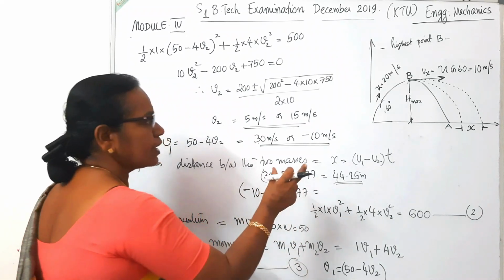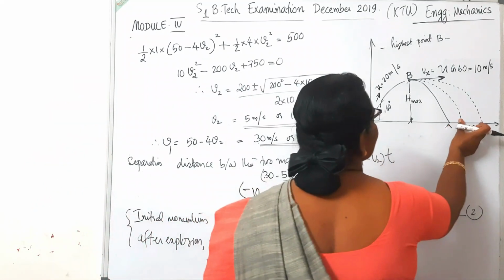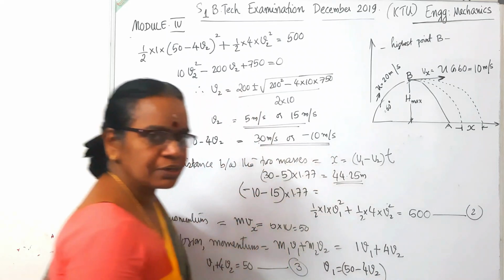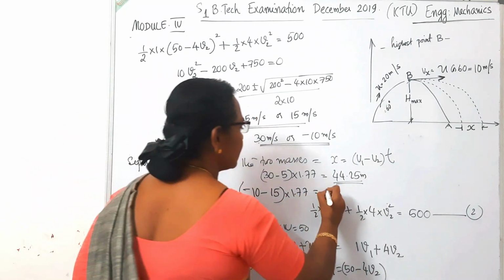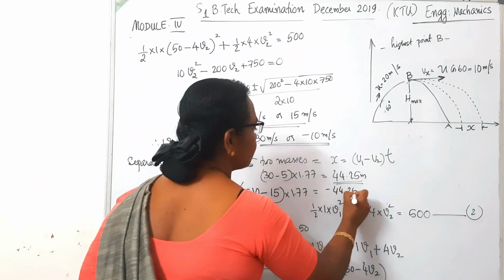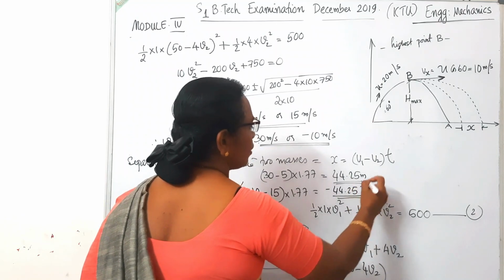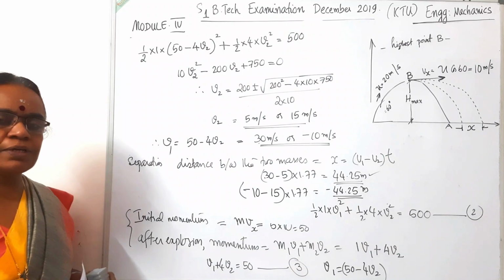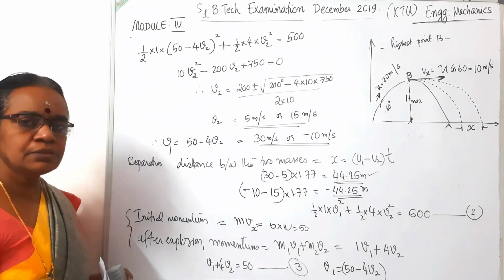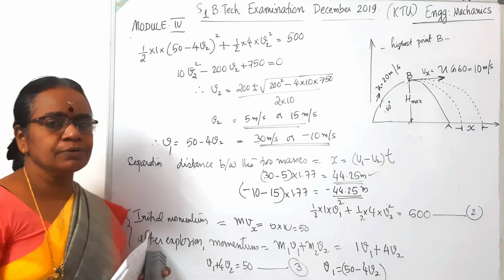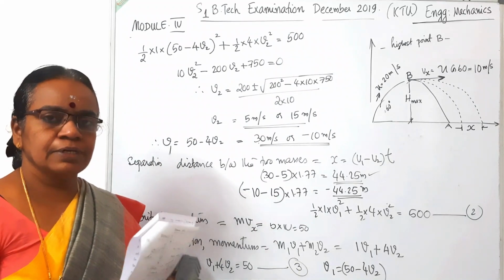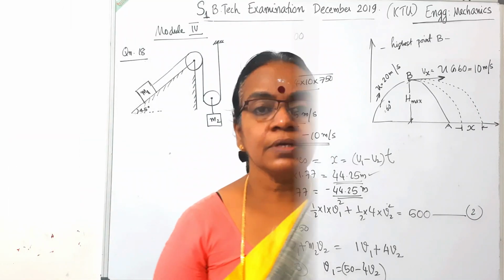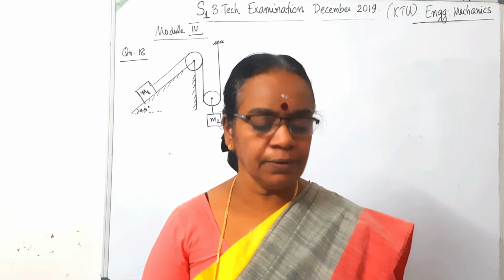Then also it is 25, either it is 25 on this side or it will be on this side 25. That's the meaning. So it will be getting minus 44.25. So let us accept any one of these values. Numerical value, the distance of separation between the two bodies is 44.25 meters. So this is not an easy question, but it is a very good application level question. So next I will pass on to question number 18.